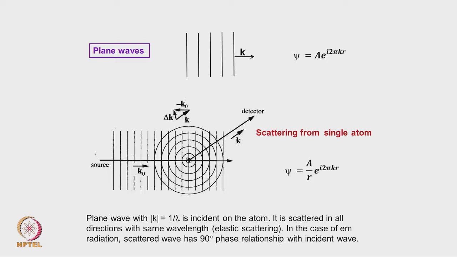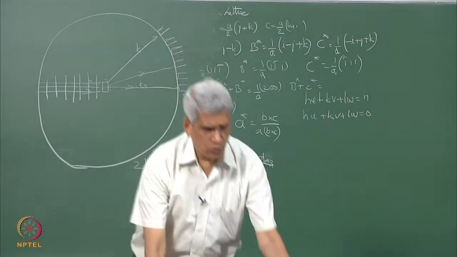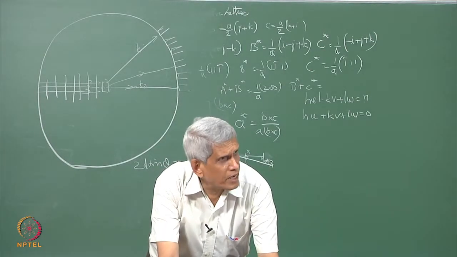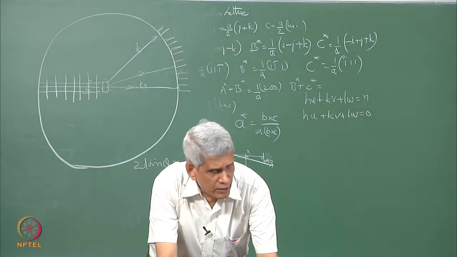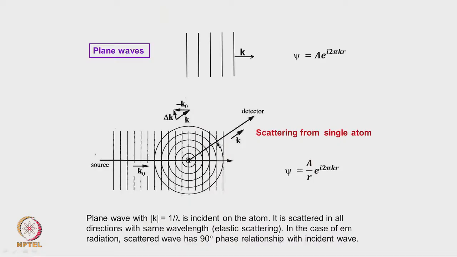So, the amplitude will be whatever value divided by root r. That is what is essentially being written, that is why the 1 by r term comes in. What will be the phase factor here? It has travelled from here to here, so e to the power of i 2 pi k r should be the phase factor, correct, at any point on the surface. So, this describes the wave which is scattered by an atom at any point. Is this clear? Okay.